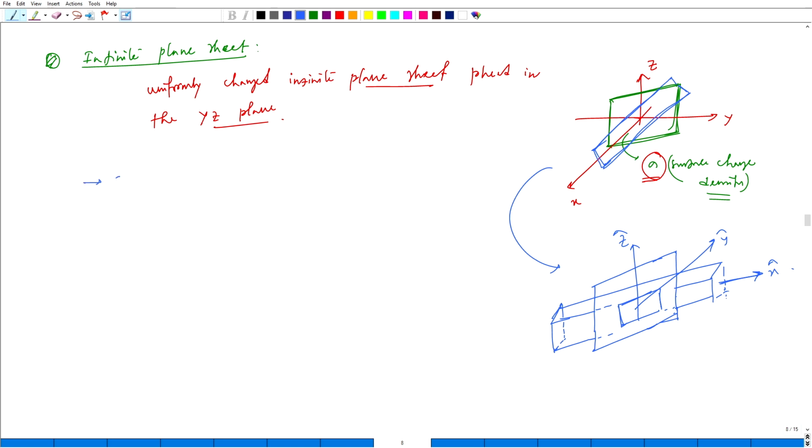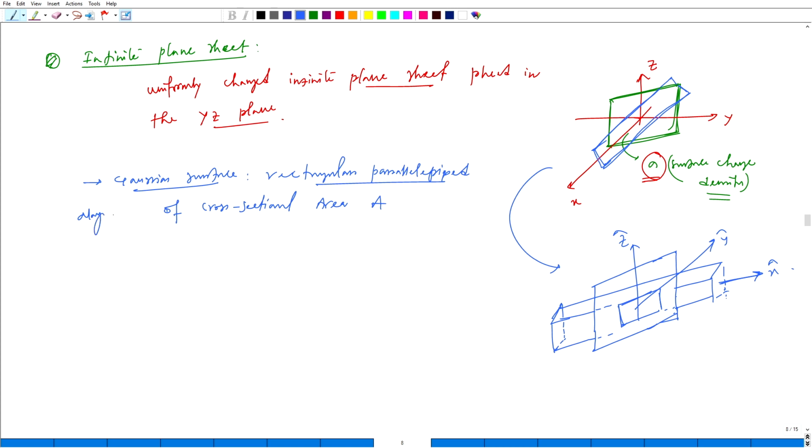So basically, the Gaussian surface here is a rectangular parallelepiped of cross sectional area A, placed along the x axis, along x cap. You can also consider a cylindrical surface instead of a rectangular parallelepiped along x cap. That is not important for a particular surface. You can choose any symmetrical surface, that is called the Gaussian surface, that makes it easier to calculate the electric